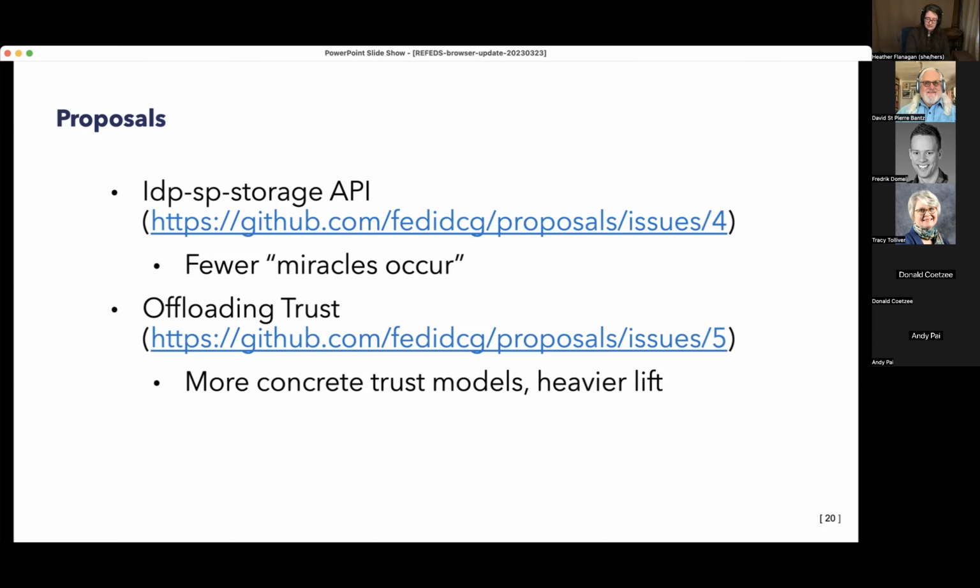This assumes that the browsers know who the federation operators are. They assume that there is some kind of way that they can decide which federation operators are trustworthy. I'm not sure how it would handle situations where service providers and or identity providers are members of more than one federation, right? There's a lot of miracles that would have to occur. If they did occur, this would be brilliant. I love the elegance of this particular proposal. I don't think it's practical, but